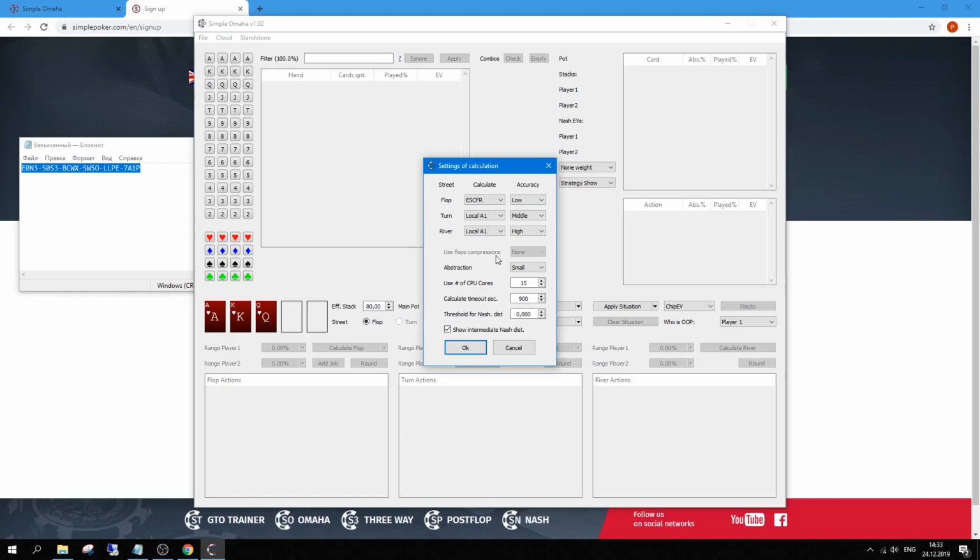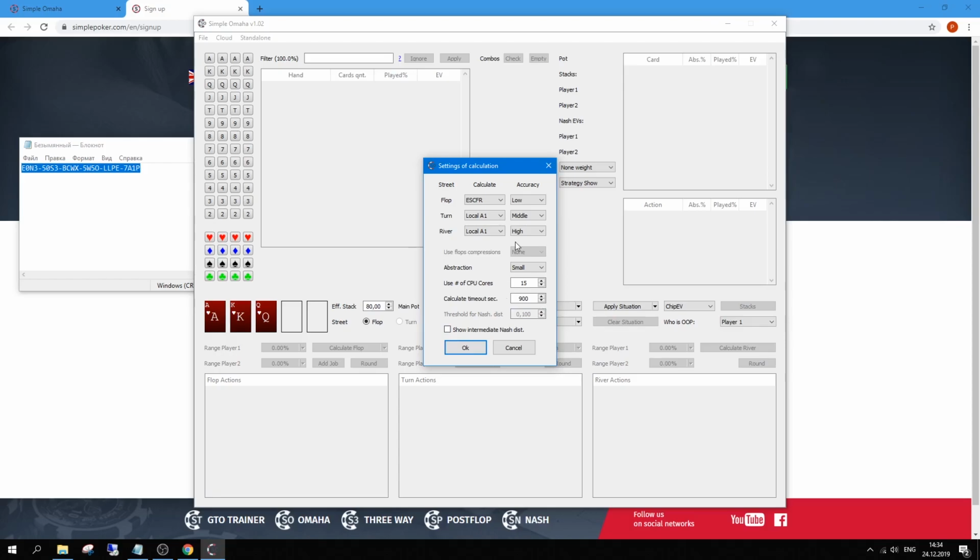For example, if we set 0.1, the program will calculate the results up to this threshold of 0.1 Nash distance. Or if this Nash distance is not reached, then the program will go through all the iterations we set up here. But in this example, I will not use this feature because it slows down the calculations,